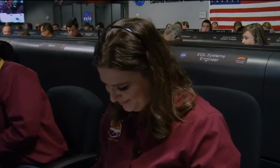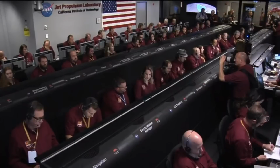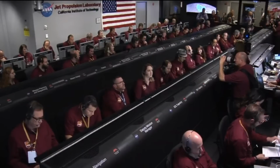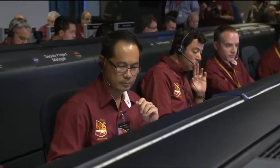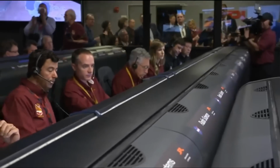And that was obviously our confirmation of the slew for Marco, so that's great news. Fantastic. So I was saying before that the NAV2 software will propagate from here on out, and we'll use velocity and acceleration. So we have powered off our star tracker, and we're on our NAV2 software, and everything's looking great. Okay. Thanks, Julie. All right, the cruise stage separation is just about 4 minutes away,